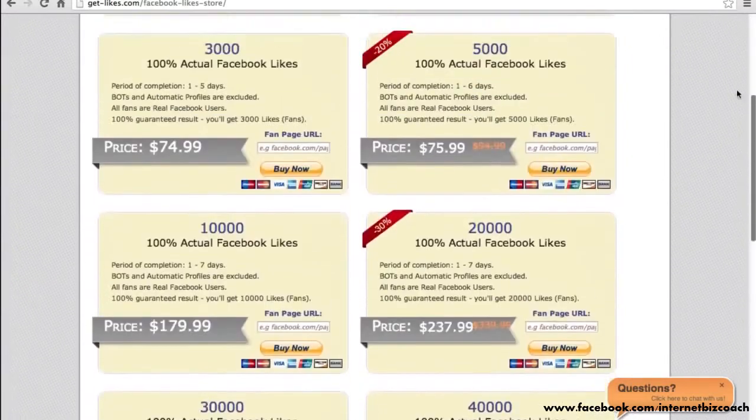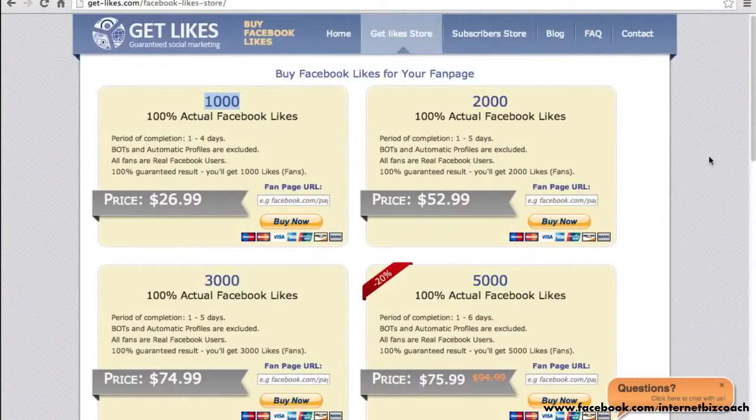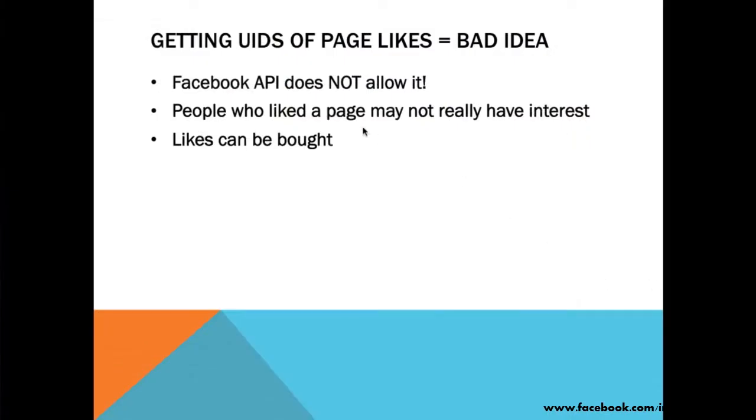So there are sites like these that provide all sorts of services that give you likes. The likes that you see on the page may not really be genuine likes, as in people who genuinely like the page because they are interested in it. So that's another reason why getting user IDs of likes is not a very good idea.